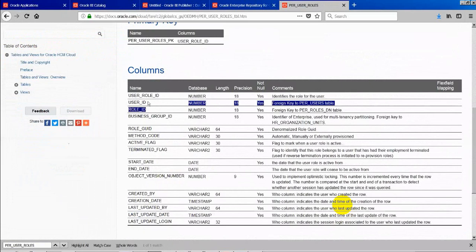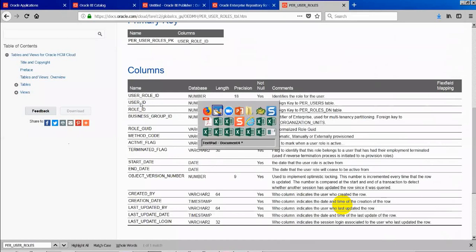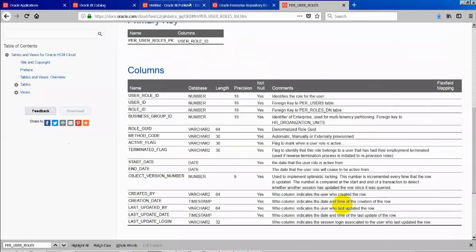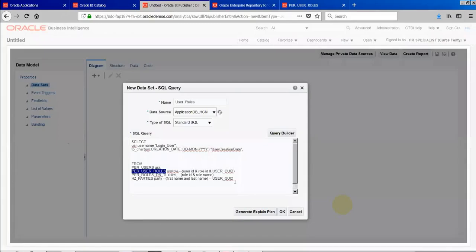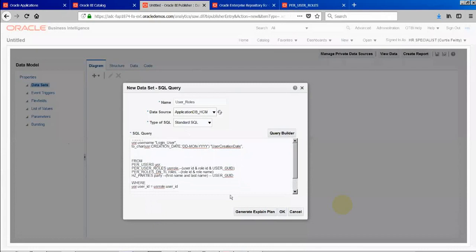It is combining the role ID and user ID actually, right? We don't have the role name. So let us form the where clause as well in parallel, where user_ID should be available in this user_ID.